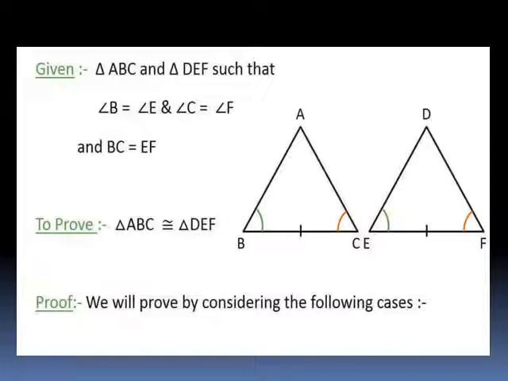Now when we are in a classroom and I start this particular theorem, there is a very common doubt that might be occurring in your mind right now: ma'am, when we have B equals E, C equals F, BC equals EF, why can't we just write A as A and say it's congruent? Why do we have to learn such a lengthy theorem? That's a very common doubt, but it's nothing related to the criteria. It is a general confusion that arises when we have learned something in advance and then learn the actual meaning of that topic in higher classes.